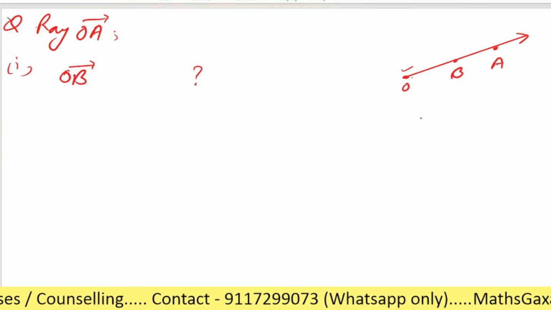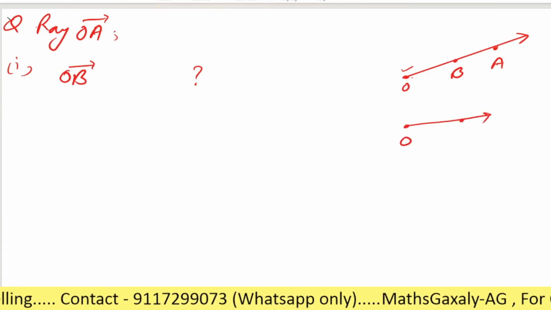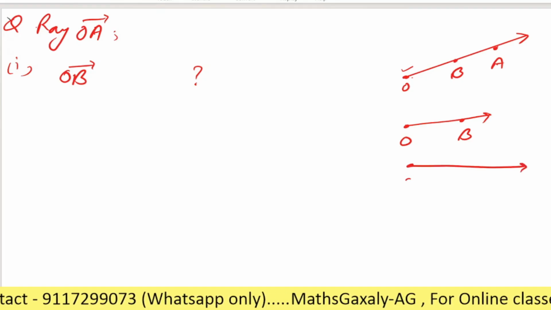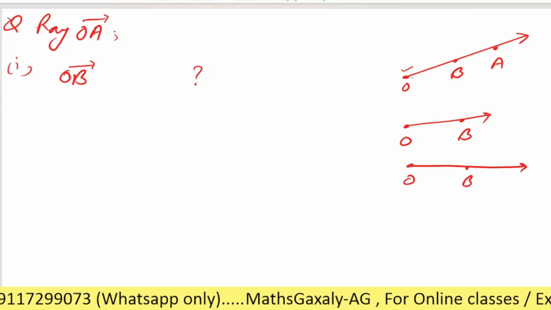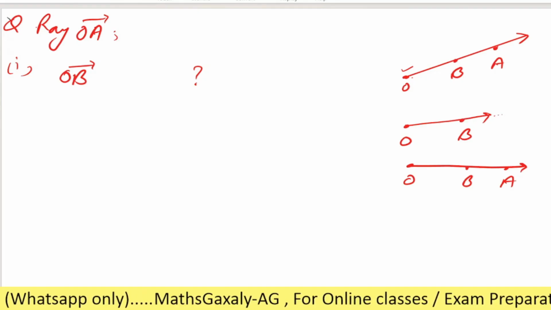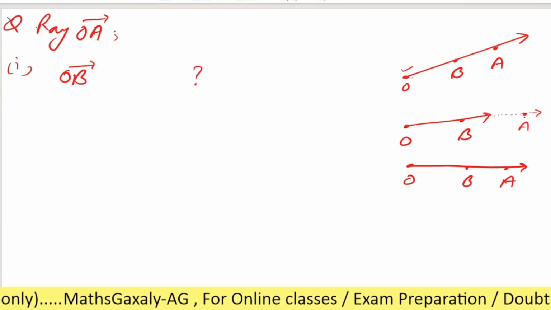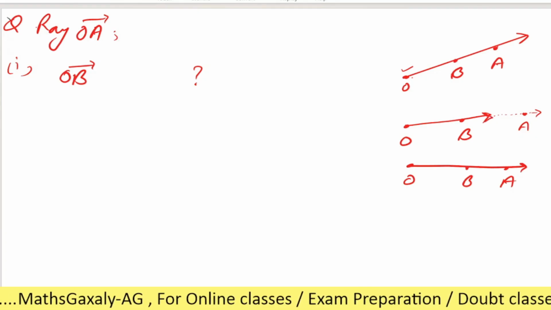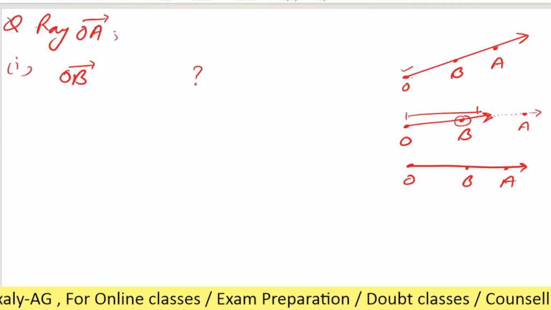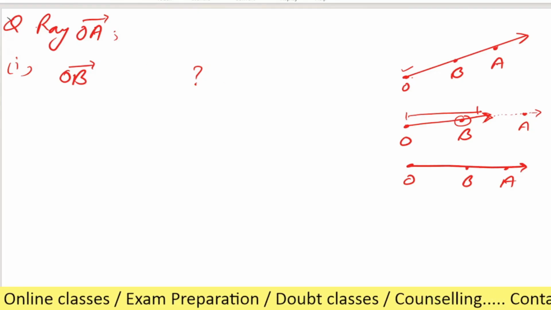As you can see here, when you break it, it will be like this, right? Here is the point O and here is the point B. And after B, when we extend it more, there will be a point named A. But when we take only this length till here, then this point will be B. Is it clear? So we can represent this one by OB.